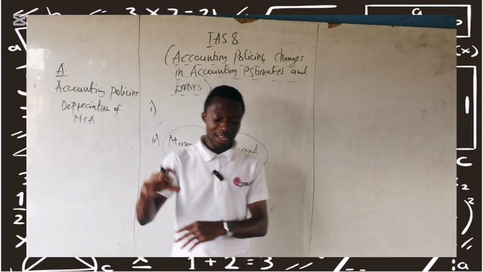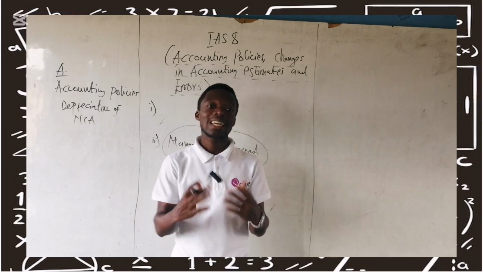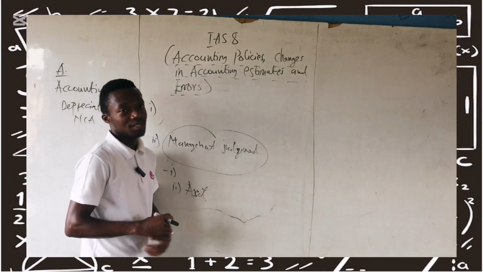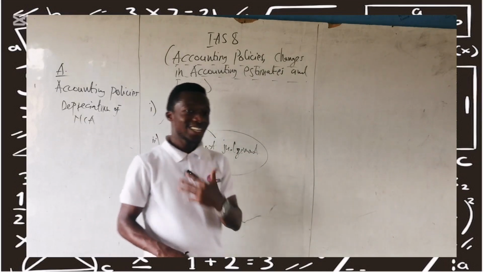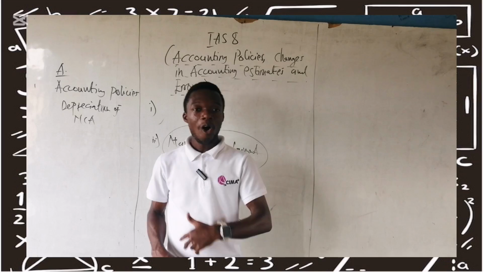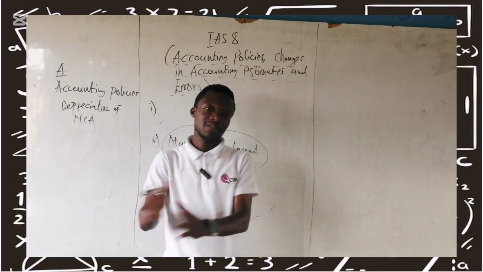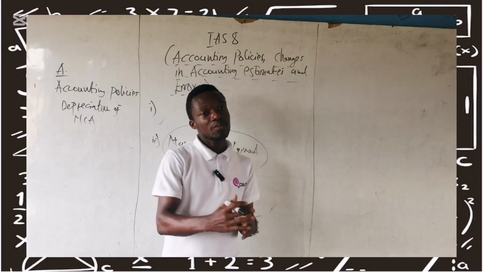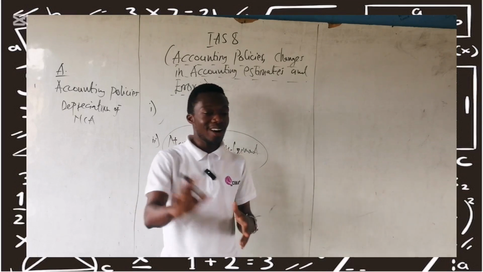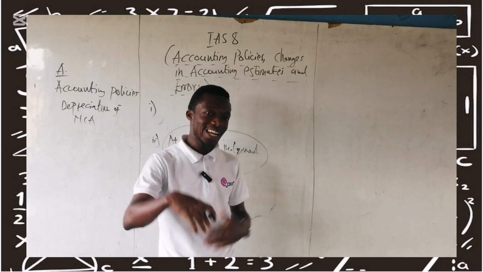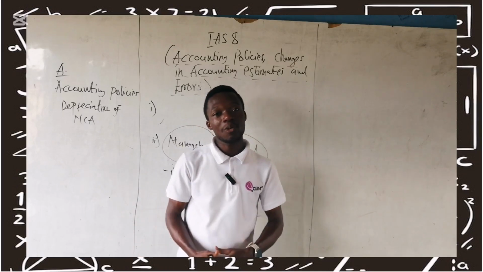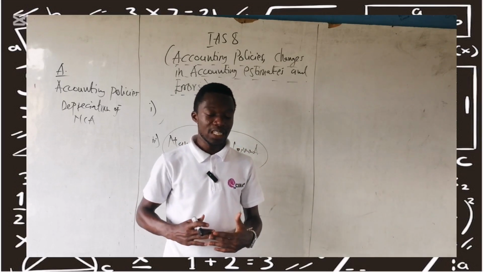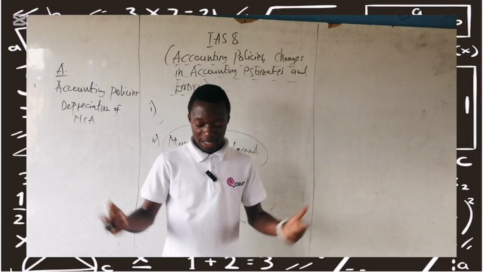So that is how an accounting policy is selected. As a quick recap, when it comes to selection of the accounting policy, first one has to refer to the interpretation of the standard, or how the standard would treat that event or transaction. And two, should we not have any standard to deal with that particular event or transaction, we should give management room to come out with their own judgment and know how to treat that particular event.